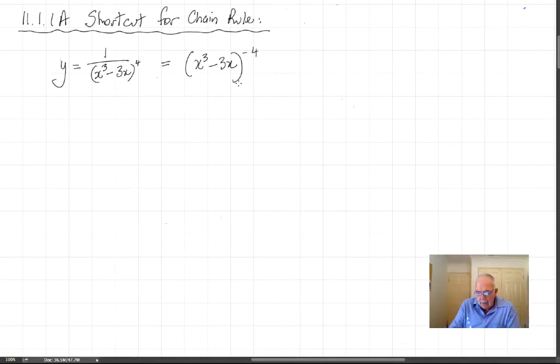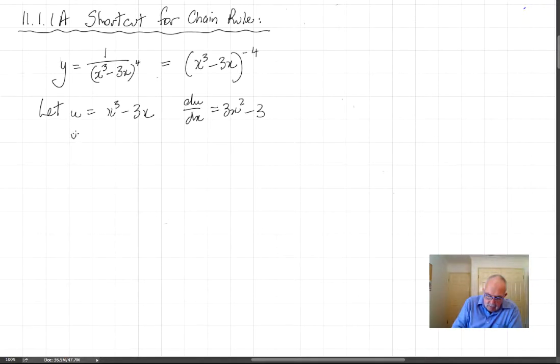Okay, so if I was to give you a value of x, you would substitute inside the brackets first, and then you would raise that to the power of negative 4, which is like taking it downstairs and raising it to the positive 4. So this is going to be my u, what's inside the bracket. So let u equals x cubed minus 3x, so we can straight away go du dx, and that'll be 3x squared minus 3 when we find the derivative of that, and you've got y equals u to the minus 4,